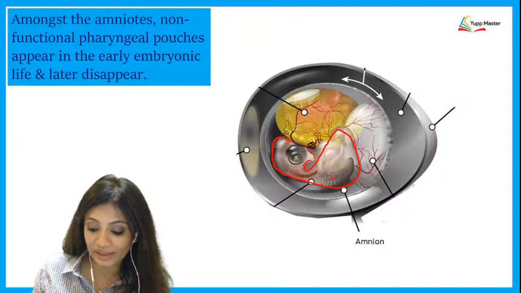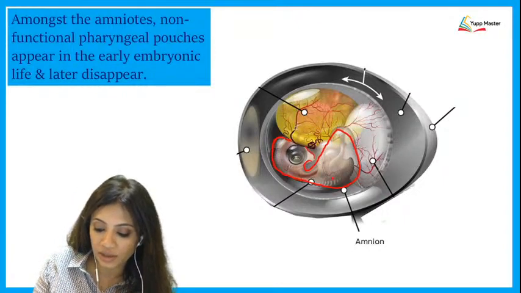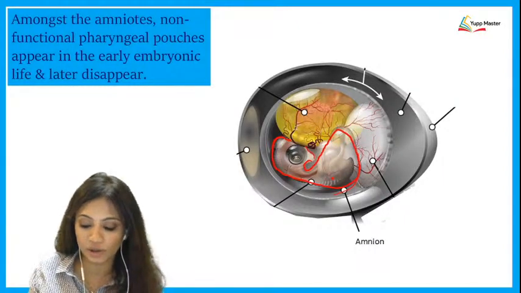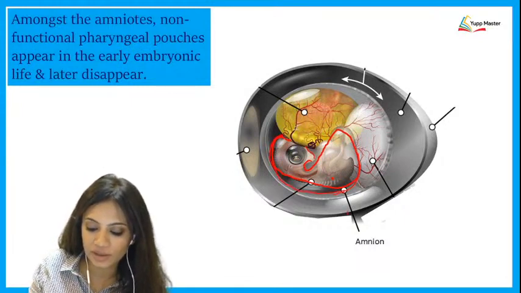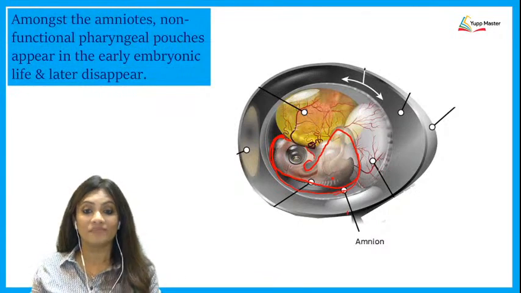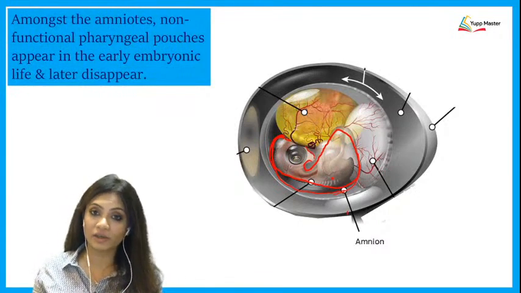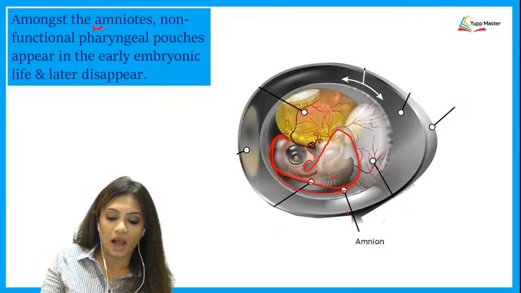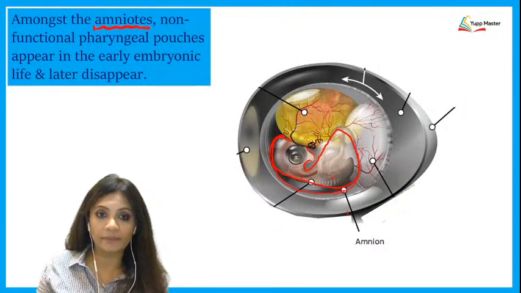Amniote means when that embryo is actually surrounded by this amnion layer. Okay, so can you see this layer over here? So when you see that the embryo is surrounded by that amnion layer, that is an animal which we're going to be calling an amniote. So amongst the amniotes, okay,